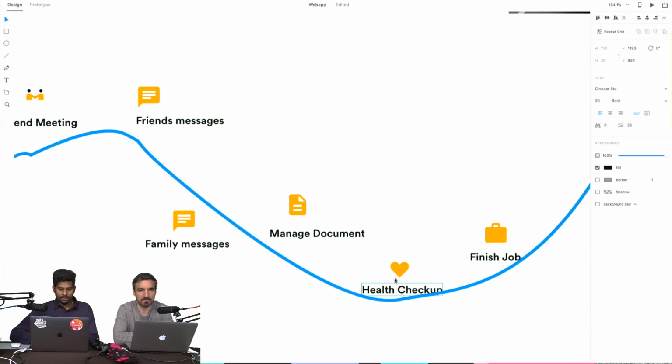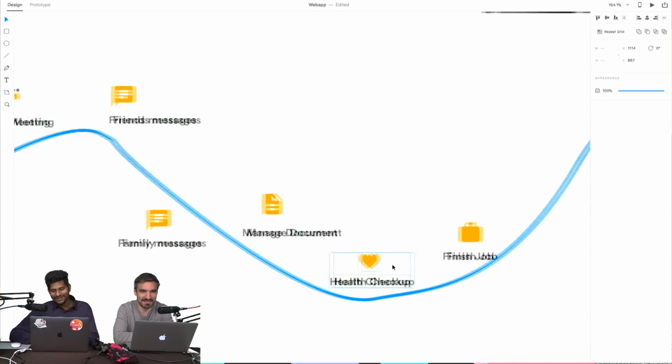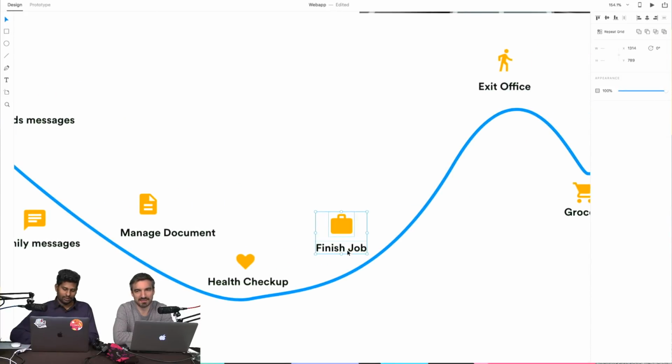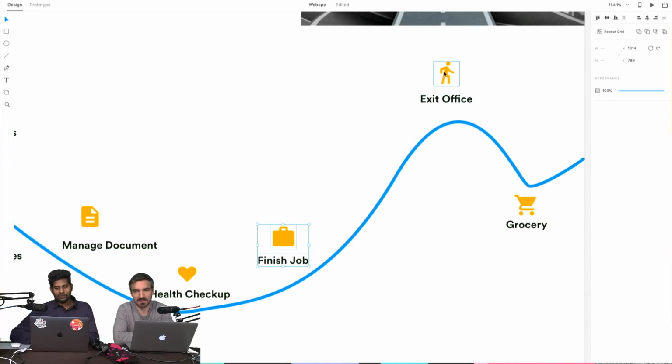Then every day in the evening he checks his health. It's so bad. It's like he goes to the gym and checks. He's a mess. Then he finished all the job. He was somewhat increased in happiness. And while he is going home, he is so happy. He feels better. Then he gets a call from his wife saying, you have to buy grocery food. Then he becomes stressed again. Then he's going to sleep.